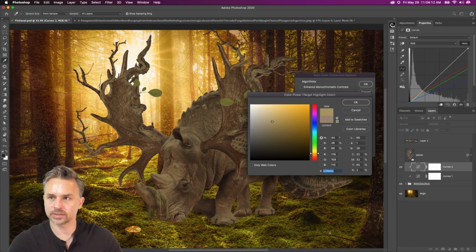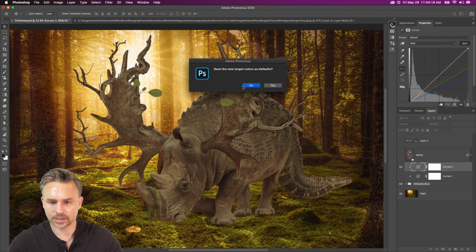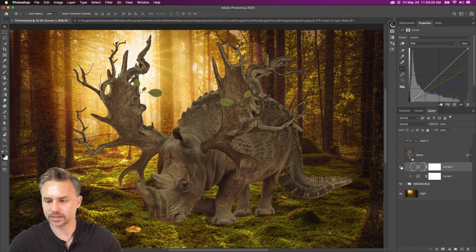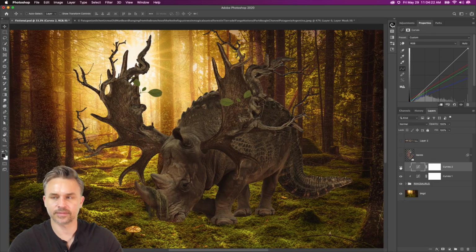So anyways, I thought this was like super helpful, right? I'll even kind of go right here in the middle ground like so. Click OK, click OK. That looks good. Don't resample everything. So now we have this one and then we have this one, and we can combine those two as well, right? So Tracy, if you like that, you're going to love this next part, because now we